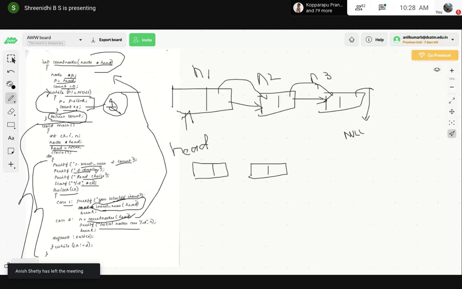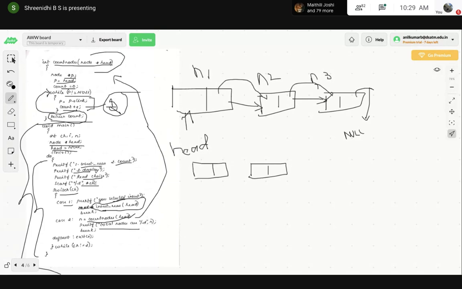The display function I have not created here. While executing the program, I'll create the display function of the nodes and display the total number of values present. For case number 3, the display function has not been created here. I missed it somewhere while writing, so I will correct it and send it to you.